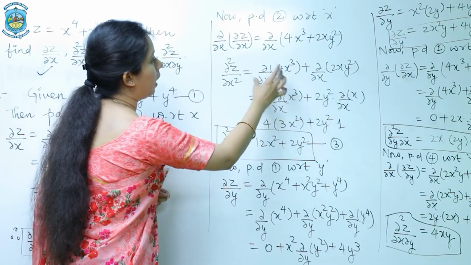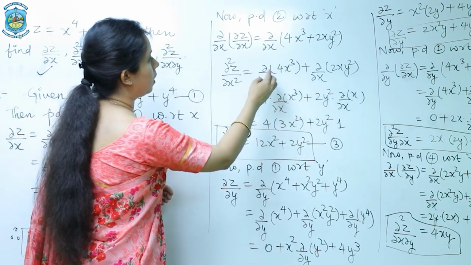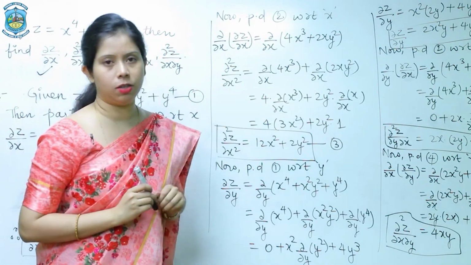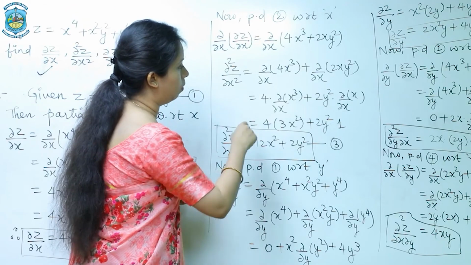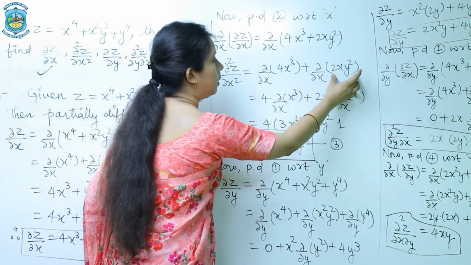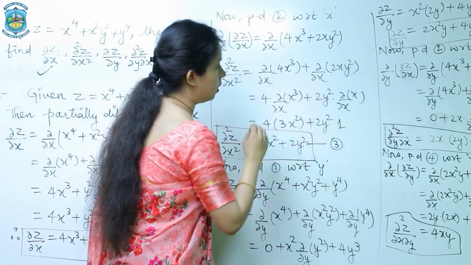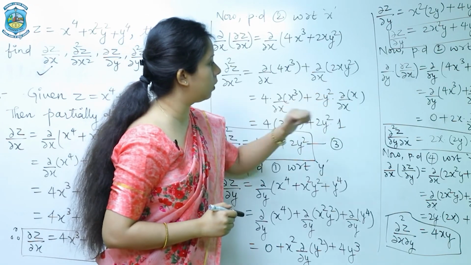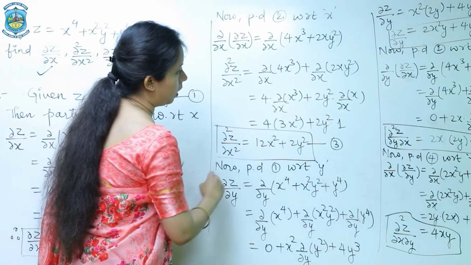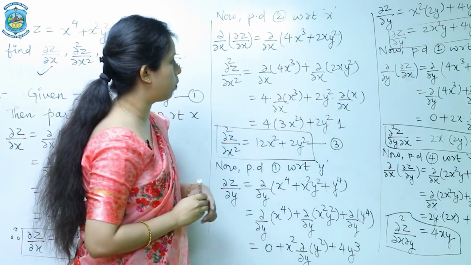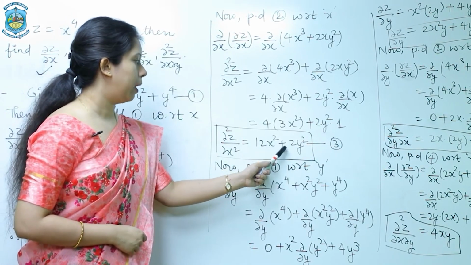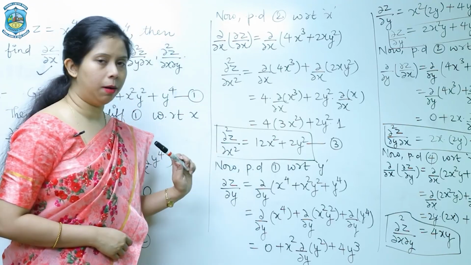Next, here we again apply the rule of derivatives, that is the derivative of the product of a constant and a function is equal to the product of the constant and the derivative of the function. So here the function was x cube. Next, for the second term we are differentiating with respect to x. So from this 2y square is treated as constant and is taken out, and we are differentiating x with respect to x. So on simplifying, differentiation of x cube will become 3x square and differentiation of x with respect to x will give you 1. So the final value of del 2z upon del x square is 12x square plus 2y square. So this is equation number 3.